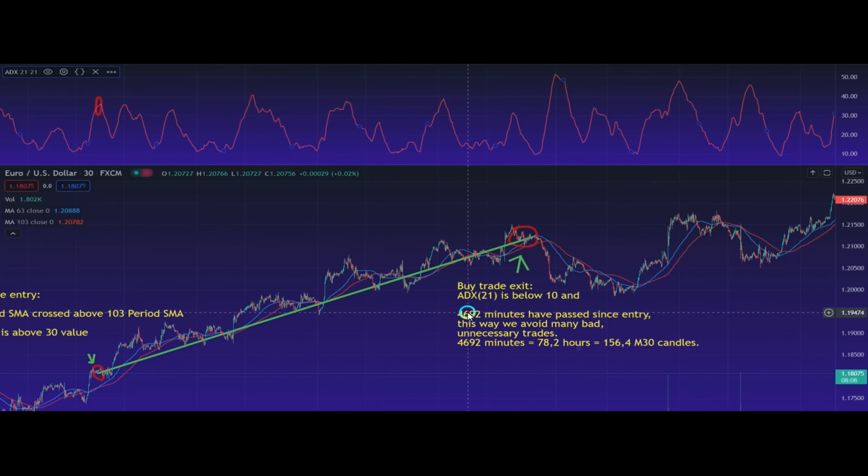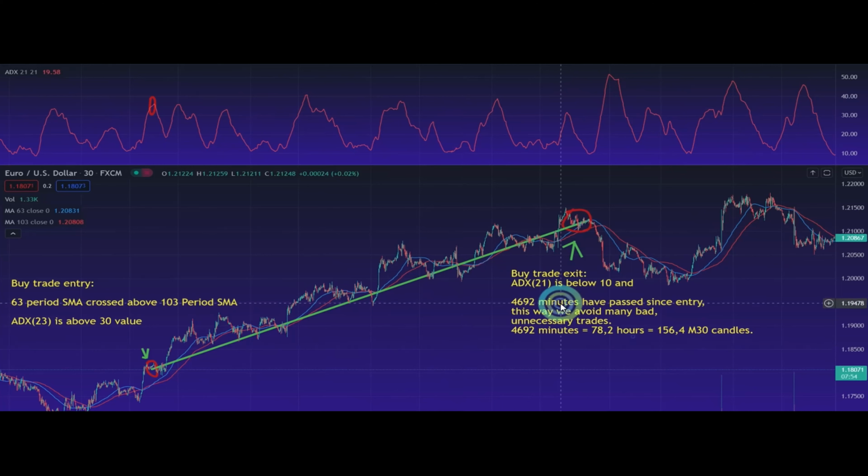We have an "X minutes have passed since entry" parameter. I use it in all of my EAs because it is just so efficient. You can only close your trade if a certain number of minutes have passed, and I trained this algorithm with an AI system. So it is really working. It is not some over-optimized curve-fitted stuff. So let's see. It means that